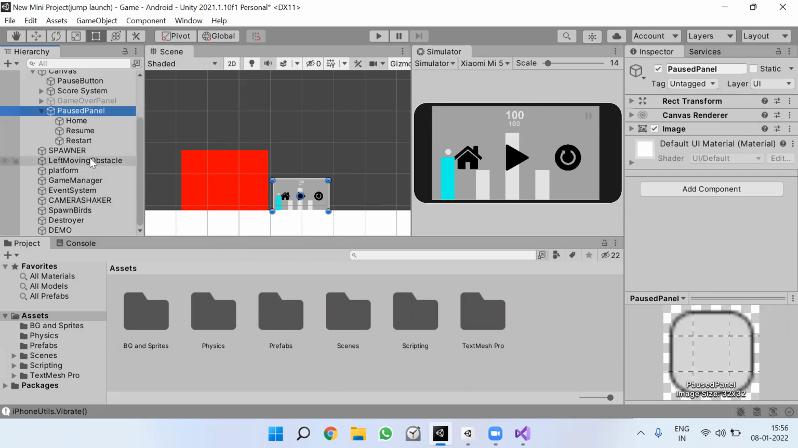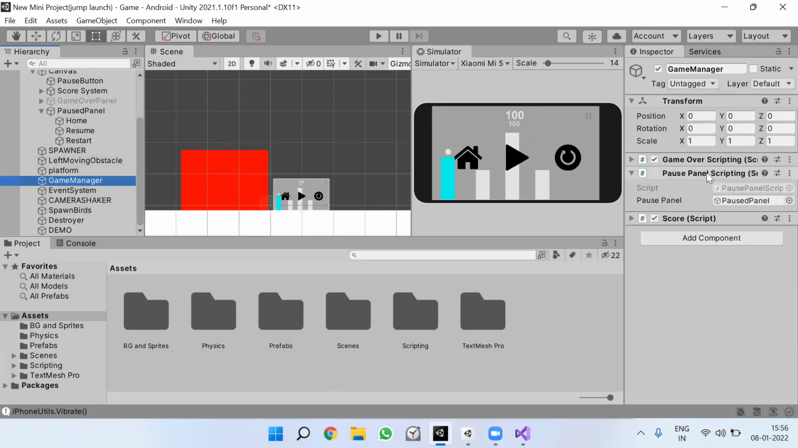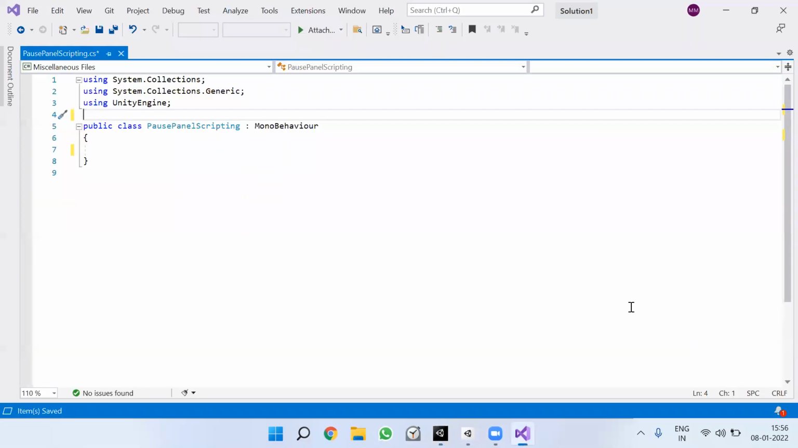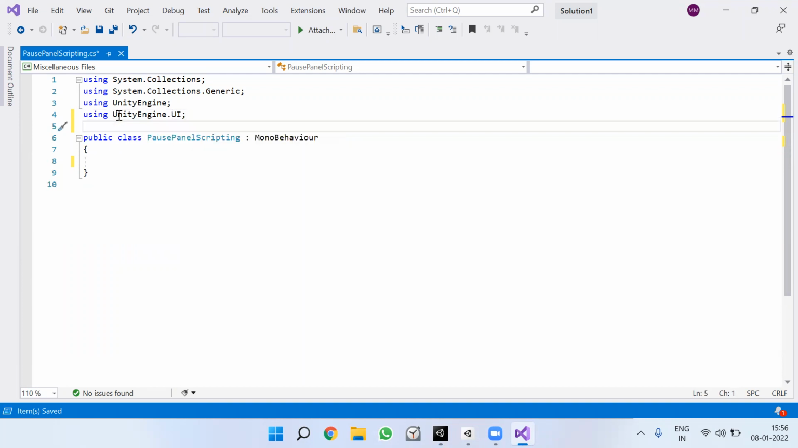So this is my game manager, and I've added this pause panel scripting in it. I'm going to edit the script and show you how exactly we need to do this. Firstly, using UnityEngine.UI, because we're accessing buttons and so on. And the second thing, using UnityEngine.SceneManagement. The reason being, we're creating that restart panel, so you need to load the scenes, and even for